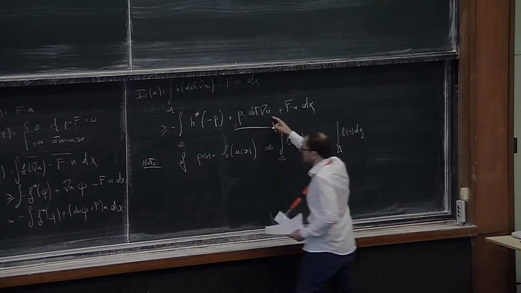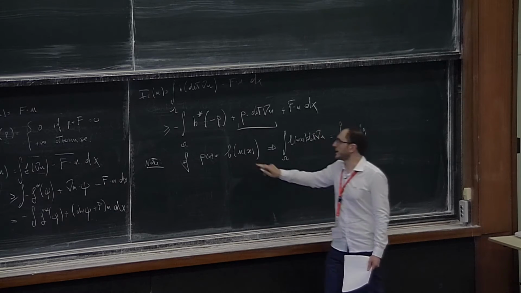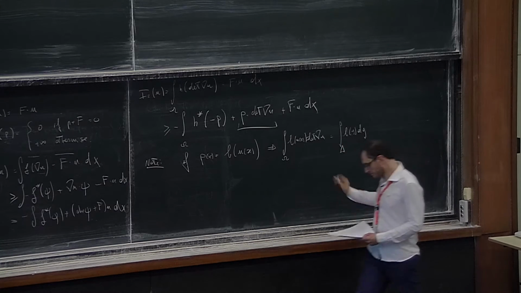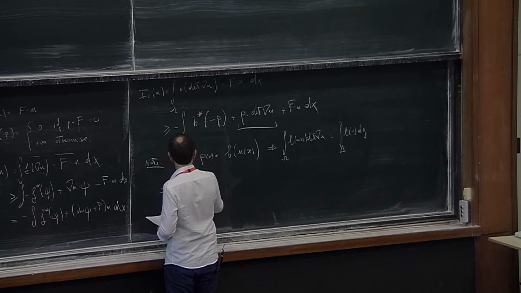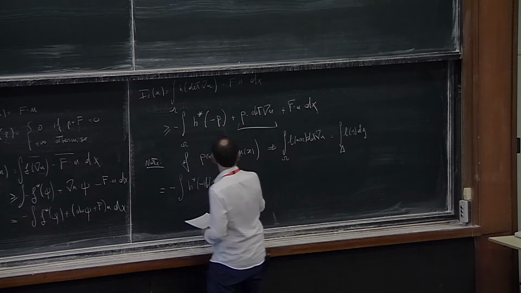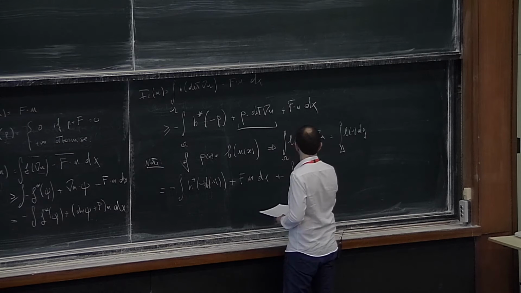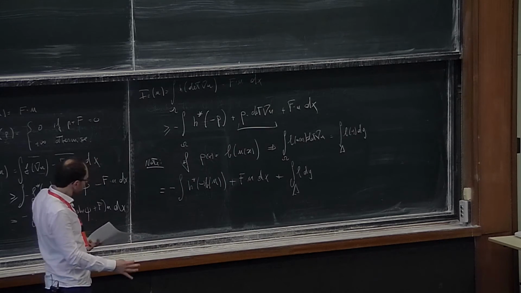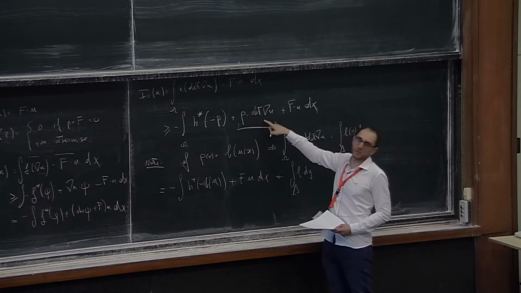So this way, if we choose P to be somehow the composition between L and u of x, then this term here is basically independent of u and can be factorized. So the functional became something like h star of minus L of u plus f dot u dx. And then we have this term, which is nothing but the integral of L over lambda. And so now, with this choice of P, we don't have any more this very bad nonlinear term